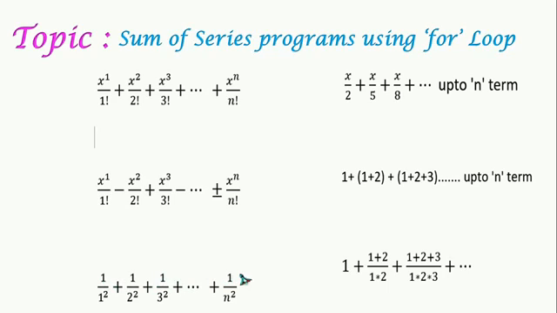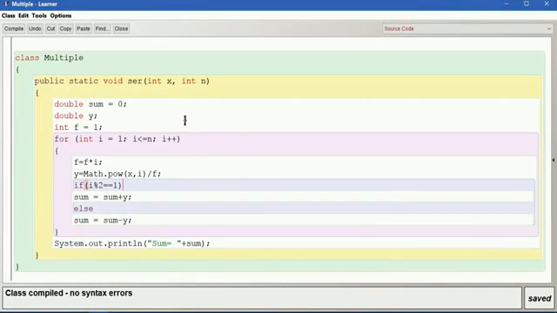Here in the numerator all these are only constant, that is 1, and in the denominator the powers are all constant, which is 2, and then the number only is changing as i. So this is 1, 2, 3 and so on up to n. So let us go to the program again. Here we are not going to take any input for x. Up to n terms we are taking. So let us cancel this x,